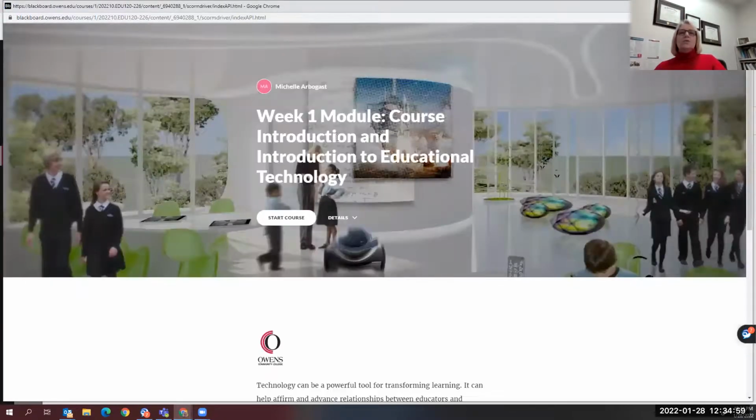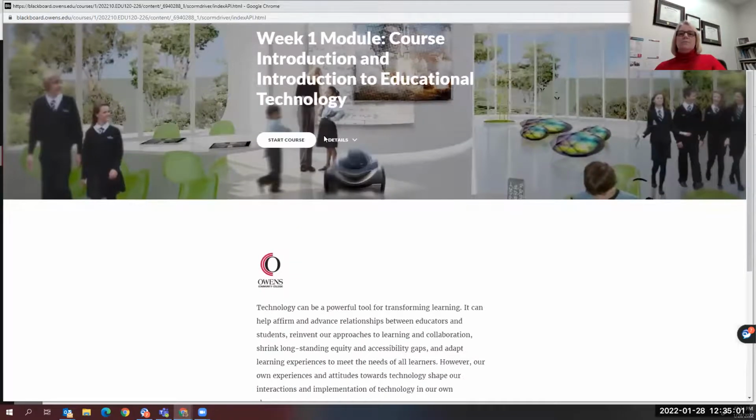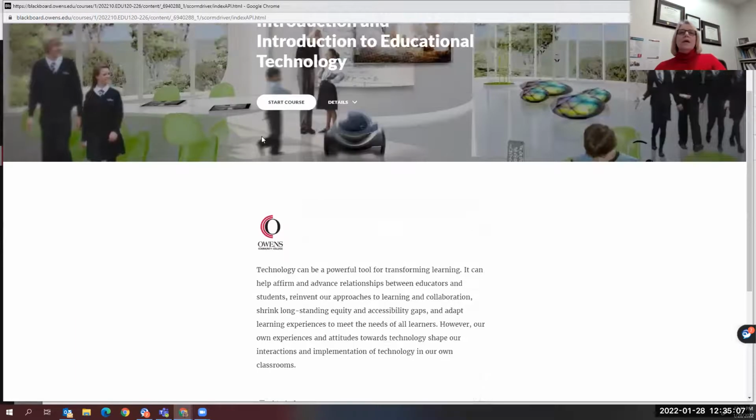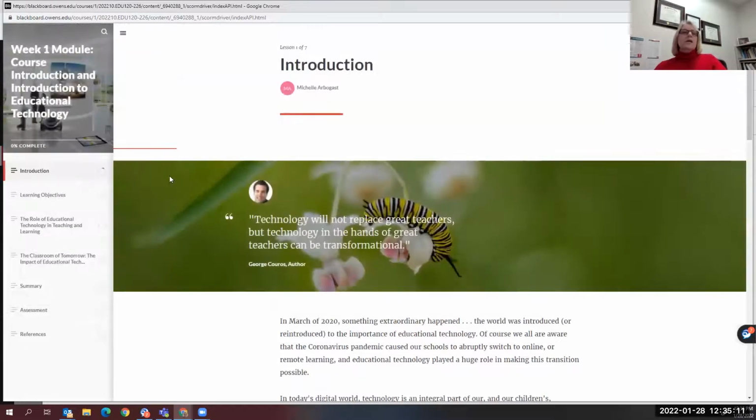And when you launch the course, you'll get the week module. So down here, you can see all the different lessons that are involved within the module. And you can simply say, Start Course. It will track your progress over here through the course. And the course module itself has a definite structure. There'll be an introduction, learning objectives, and then different lessons within the module, a summary, an assessment page, and then